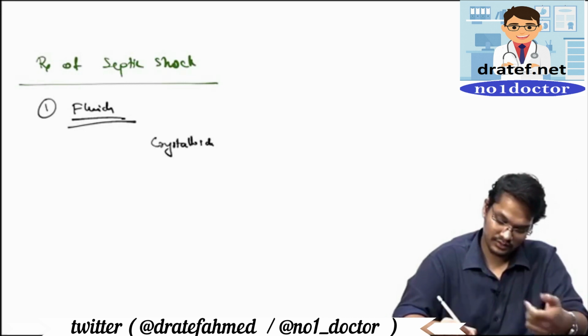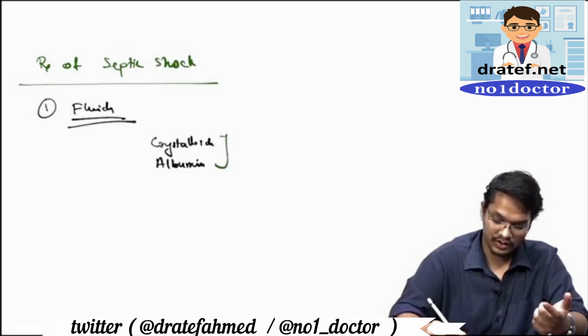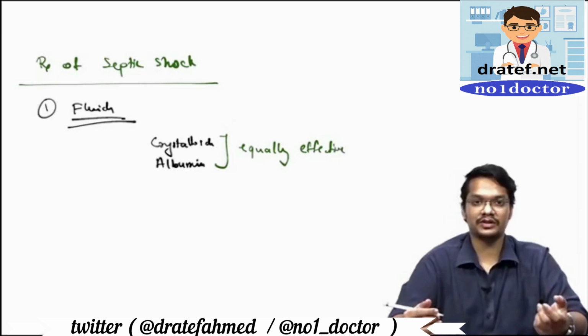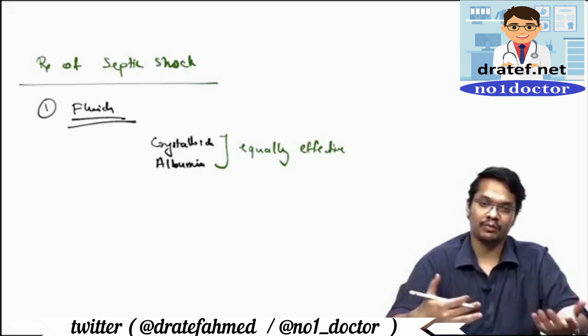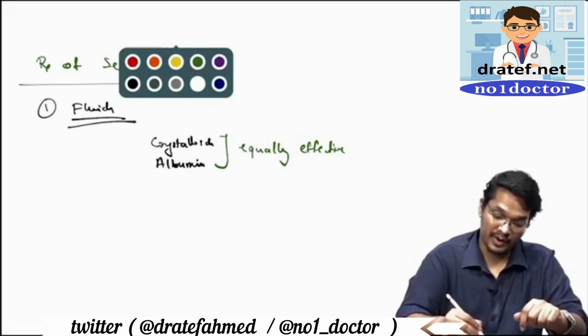Crystalloids, colloids, and in colloids what we use is the albumin. Okay, these two are equally effective in a patient of septic shock. A lot of studies have been done, and what they have concluded is that crystalloids and colloids both are equally effective in a patient of septic shock. You can give either of those, but